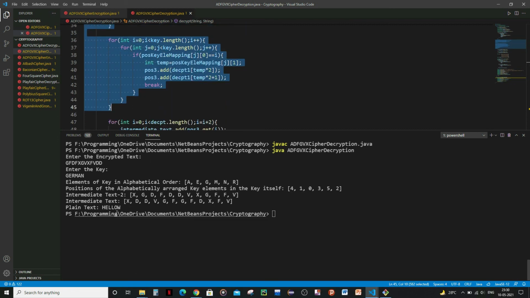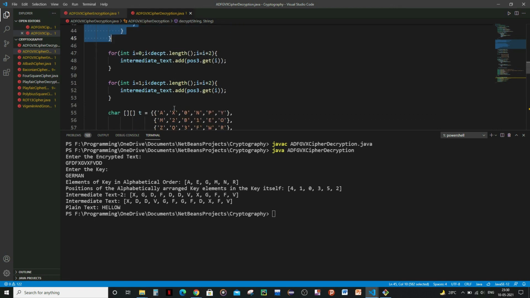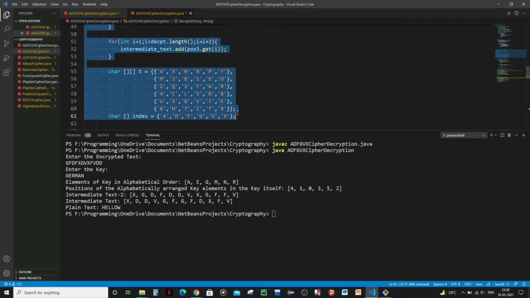And after getting the intermediate text 2, the intermediate text is going to be generated by making use of the tableau as well as the ADFGVX index. And finally, after decryption, we are going to get the plain text as hello. So this is how we are going to perform the ADFGVX cipher decryption in Java.